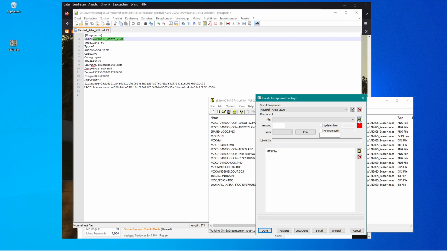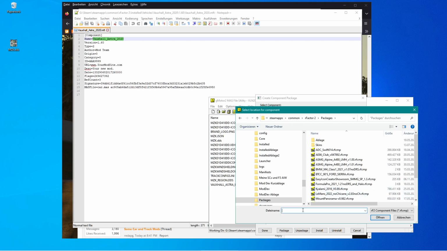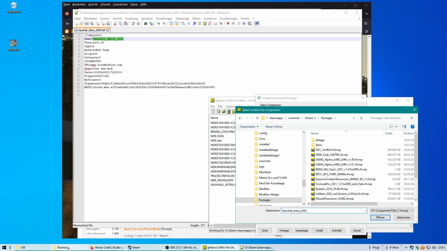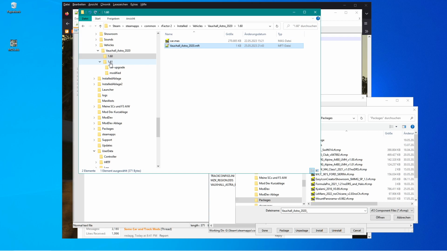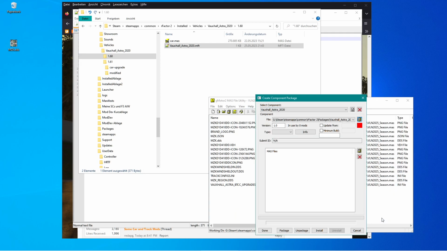Then you have to tell the tool where to store the component file. That usually is the packages folder. And you can use this same name here. And as the version we can use 1.61, and I add VLN. Okay, rfcmp. Okay, and click open. Now here I enter the same